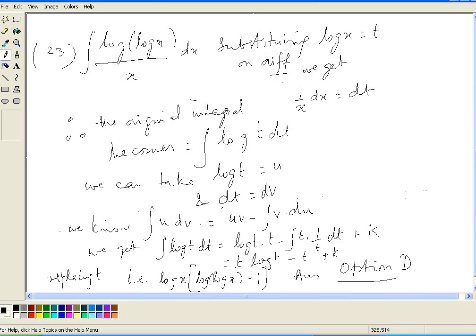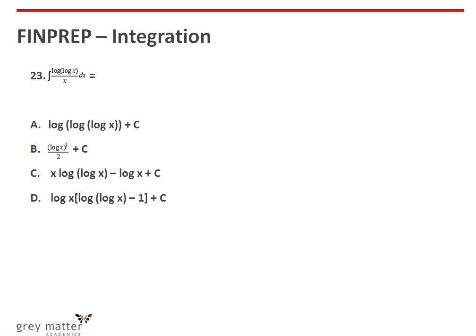We get integral log t dt will be equal to log t into t minus integral of t into 1 by t dt plus k. So that is equal to t log t minus t plus k. Replacing t with log x, we get log x into (log of log x minus 1). So the answer is option D. Going to our PowerPoint presentation, option D, which says log x whole multiplied by (log of log x minus 1)